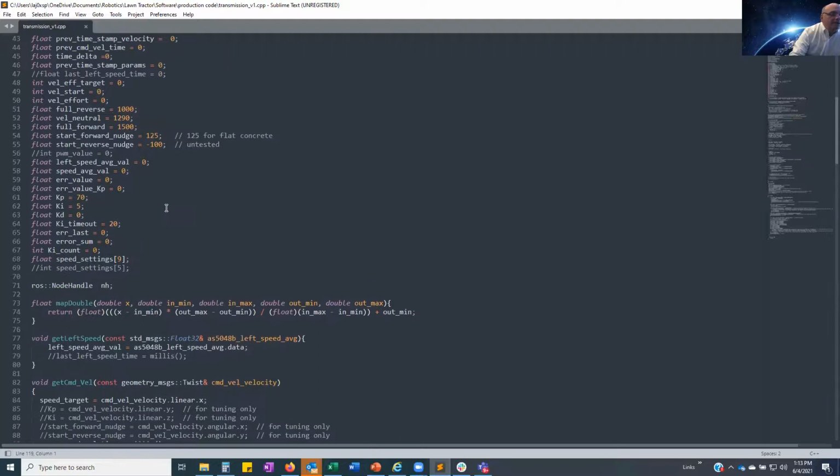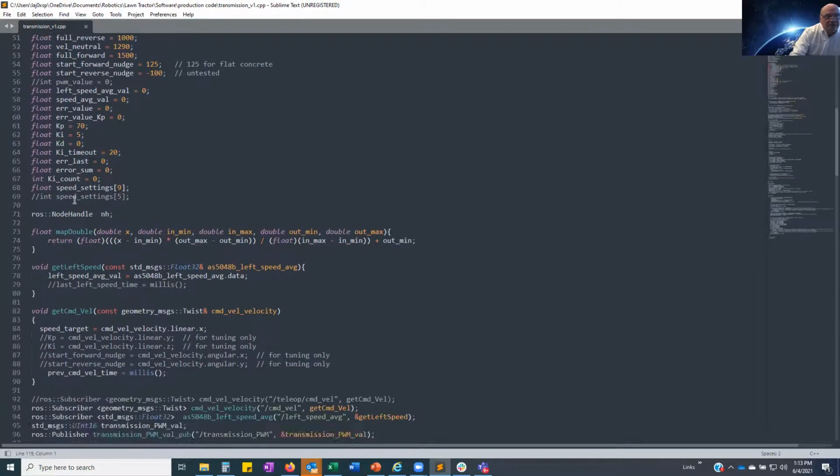Well, I mean, here's the code that runs on the Teensy that controls the transmission. So this is not running on the Ubuntu RPi. This is just the